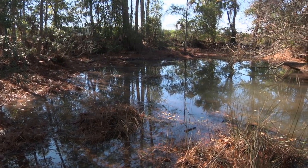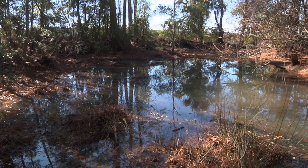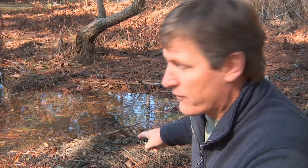So we're back at the same spot, and boy, what a difference a couple of days has made. First of all, we had some huge rains, which have really filled this area up. The other thing is it's quite a bit warmer. It's probably 15 degrees warmer, and that's provided an opportunity for this little guy over my shoulder to come up